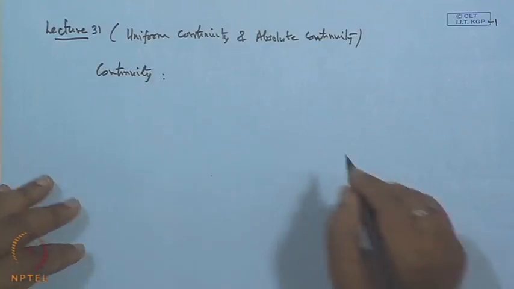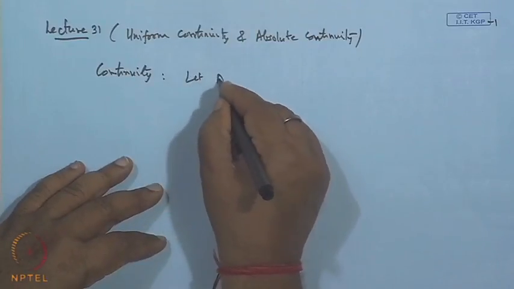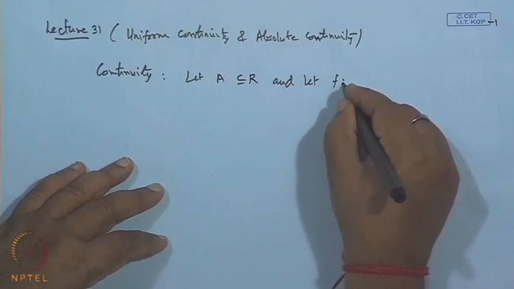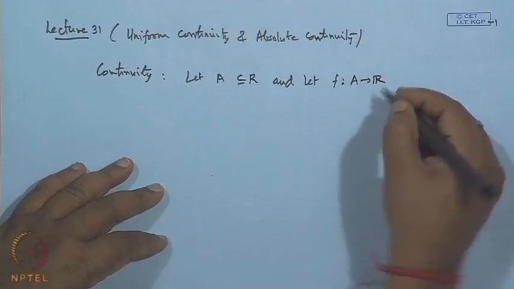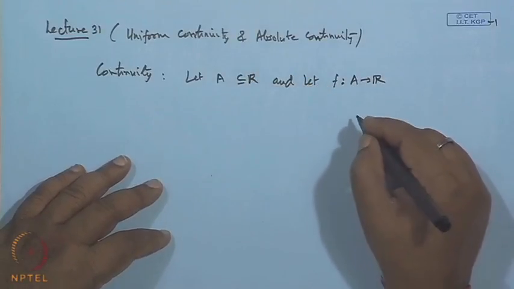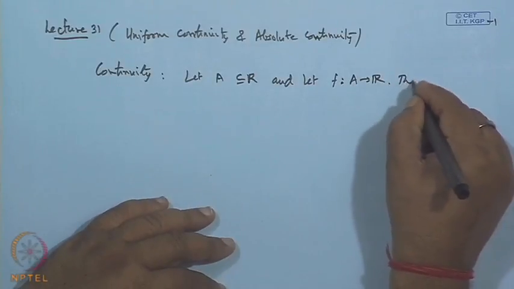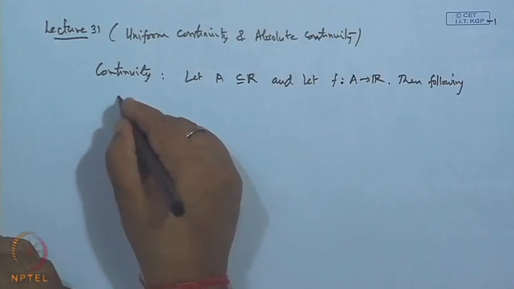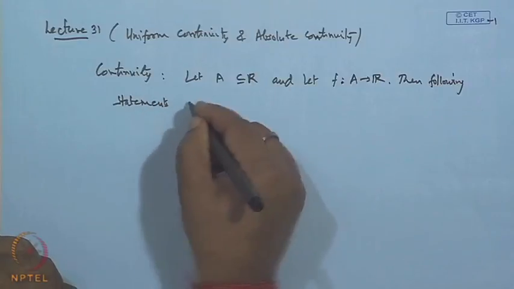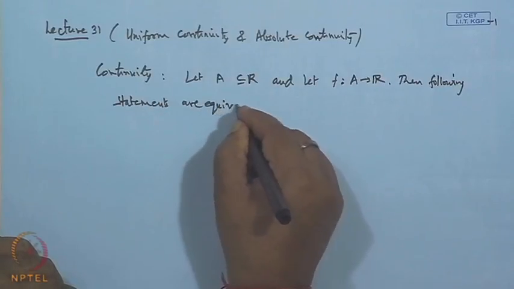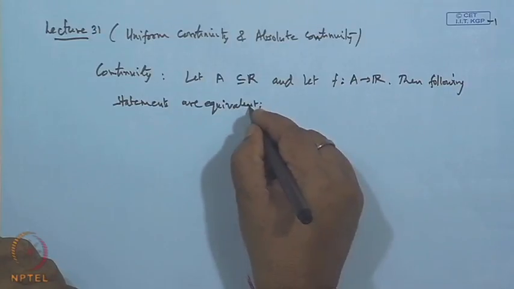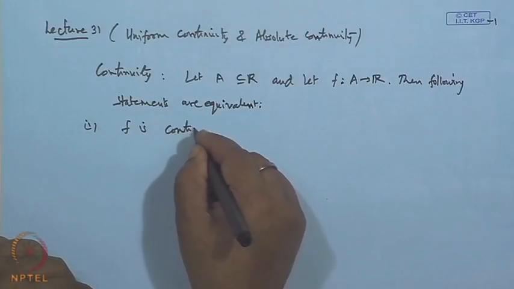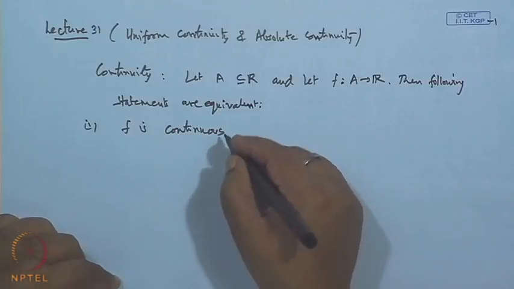Let A, which is a subset of R, and let f be a mapping from A to R, the set of all real numbers. Then the following two statements are equivalent. That is, the first statement is that f is continuous, f is continuous at every point